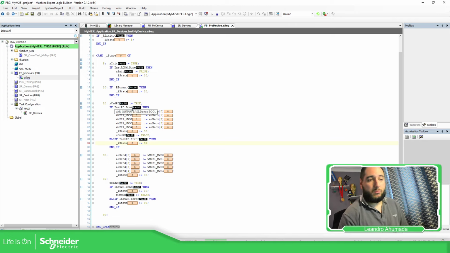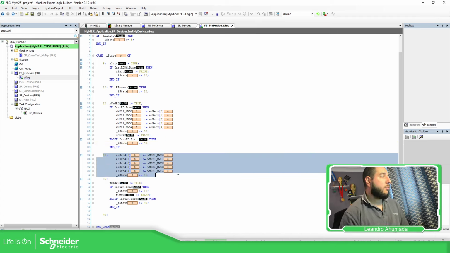If everything is correct, I disable the command for reading, and I go to a different state, which is the 30. On the 30, as this one is writing information to the other device, I need to put the information that I want to write in the buffer and then send the commands. So I have done that. So I am in state 30,